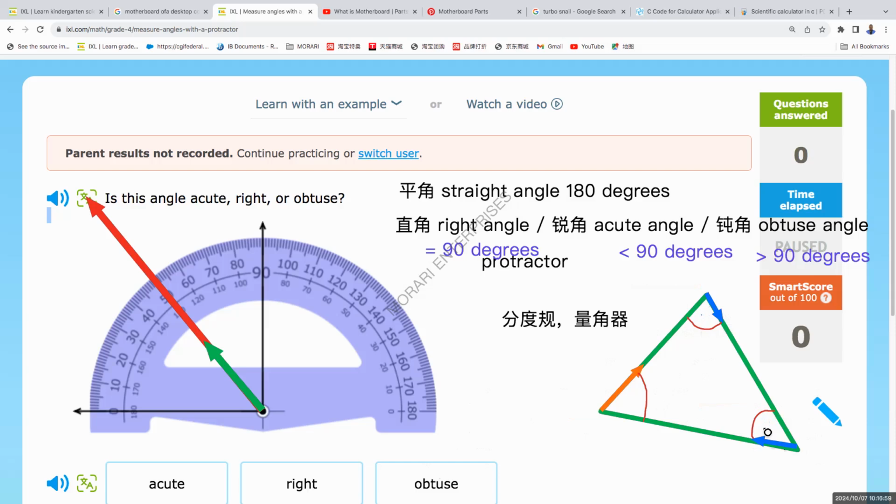If you don't have two lines, you cannot have an angle. So in this case, since there are three sides, they meet 3 times. So we have 3 angles inside. I hope 角的度量应该是没问题，你们还没有学很多，刚刚学的，对吧？对。